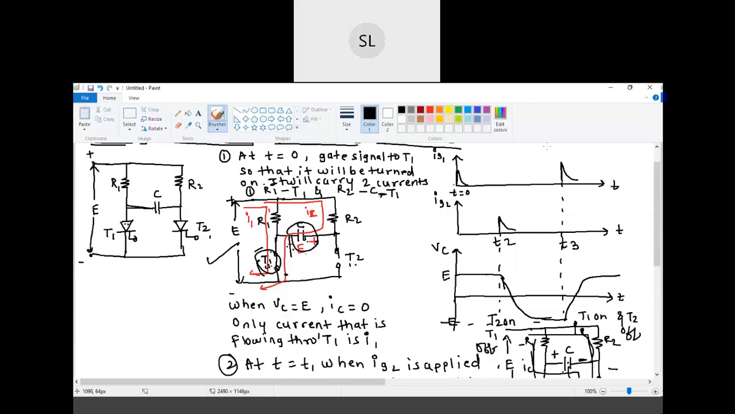Okay, so this is it for the today's session. In the next class, we will talk about two more techniques, that is class D and class E commutation. Okay,